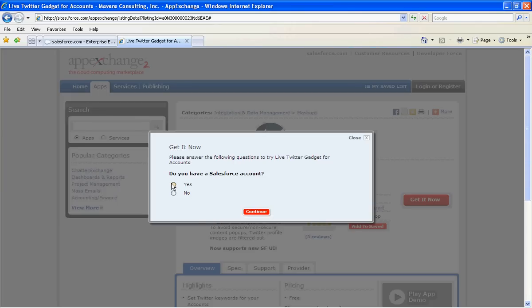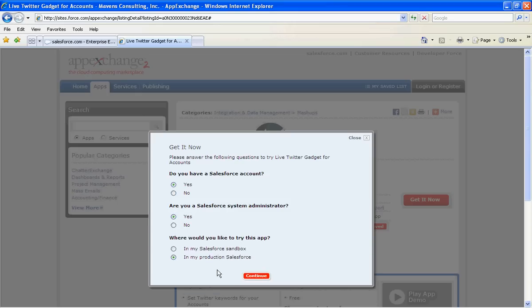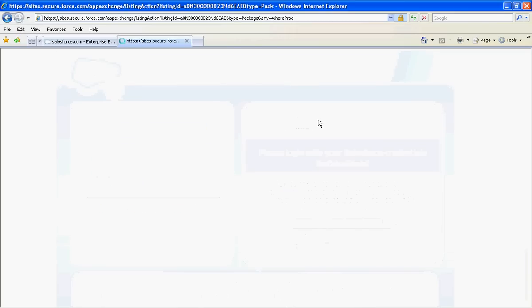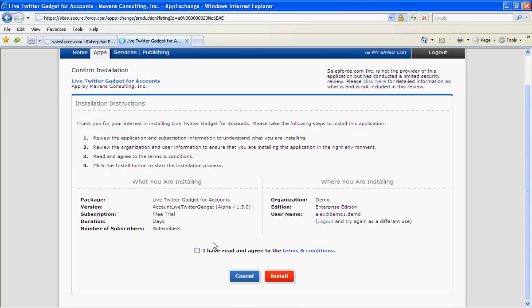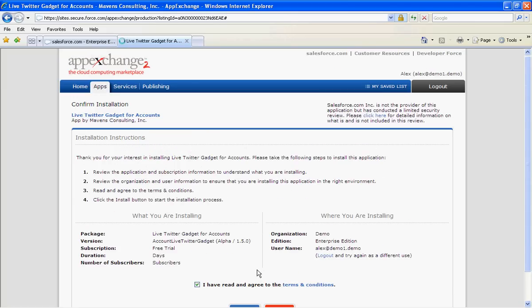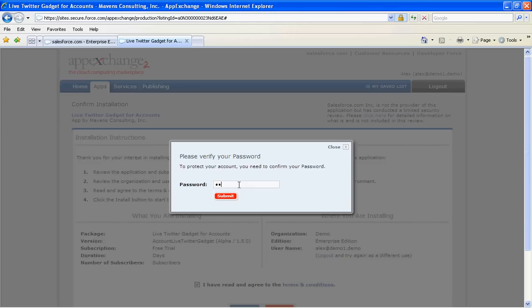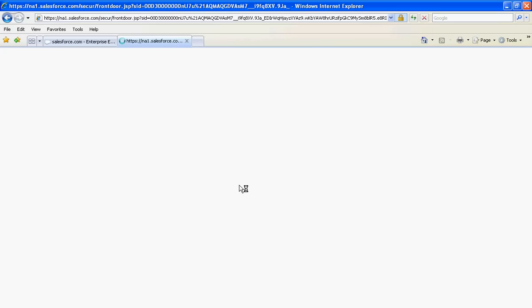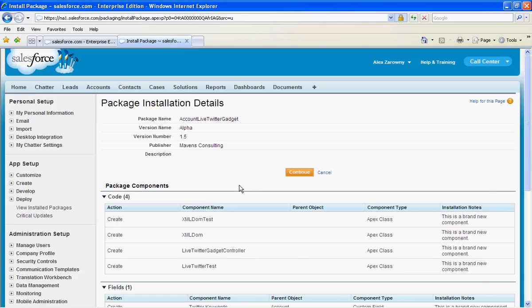So as an administrator, I'm going to click Get It Now, and I'm going to install this directly into my production Salesforce instance. Once I'm ready to install it, I put in my password, and I can go through the terms and conditions and get ready to install. Now, Salesforce is going to let me know exactly what's going to be installed with this new Twitter gadget. And I can see all of the package installation details. Once I've reviewed this, hit Continue,